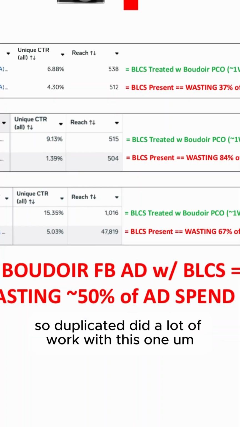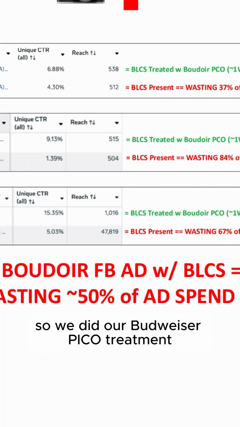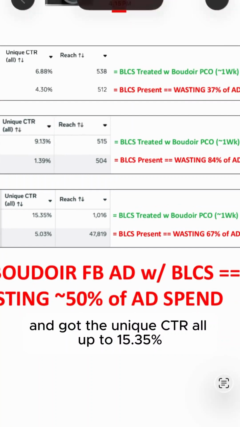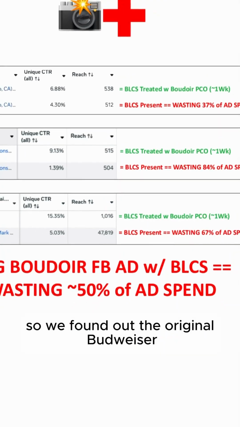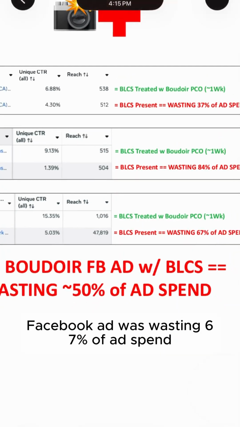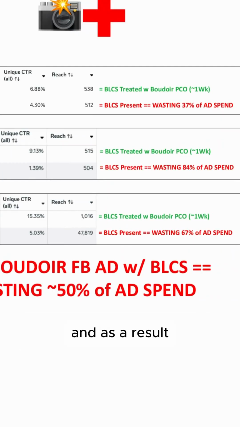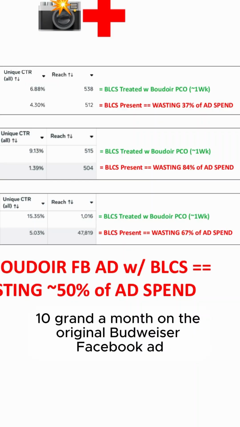So duplicated, did a lot of work with this one. We did our Boudoir Pico treatment, takes about a week, and got the unique CTR all up to 15.35%. So we found out the original Boudoir Facebook ad was wasting 67% of ad spend. And as a result, if you spend 10 grand a month on the original Boudoir Facebook ad,